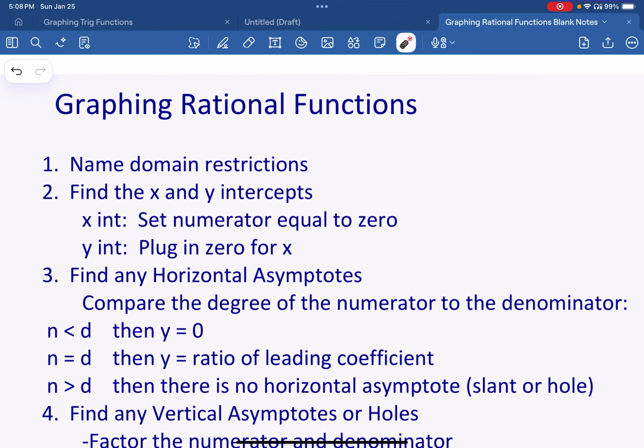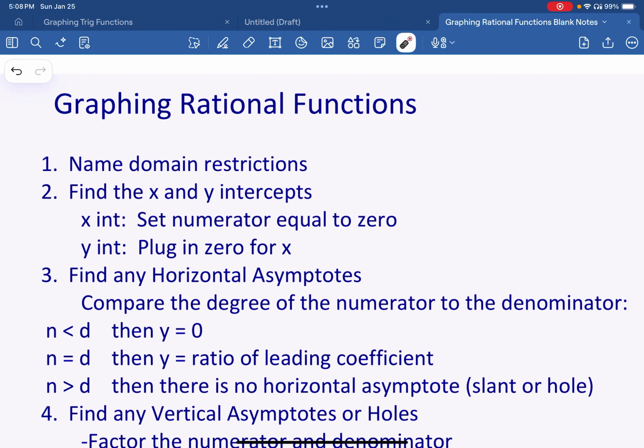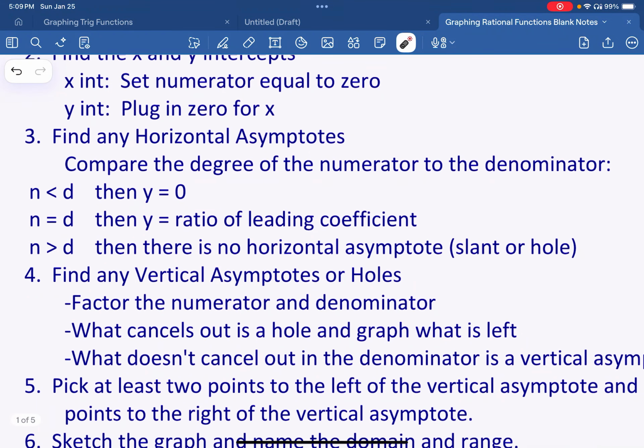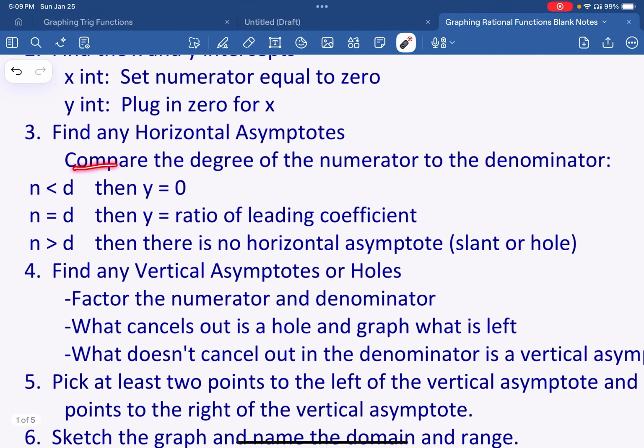A horizontal asymptote is a horizontal boundary for the graph. It pretty much gives you the end behavior of the graph. Many of the graphs will never ever cross a horizontal asymptote. There are a few cases where they might, but it's basically saying what number the end of the graph is getting close to. In order to find the horizontal asymptotes, what we want to do is compare